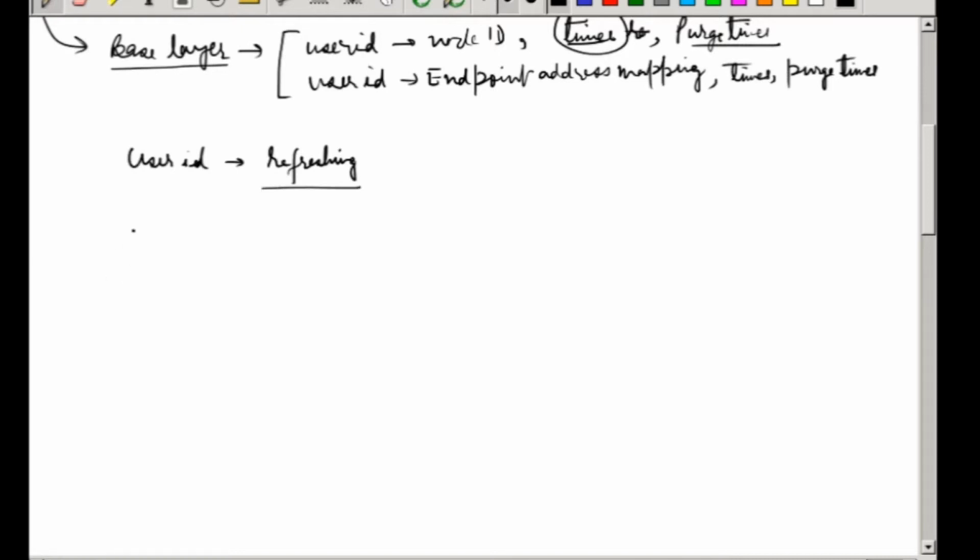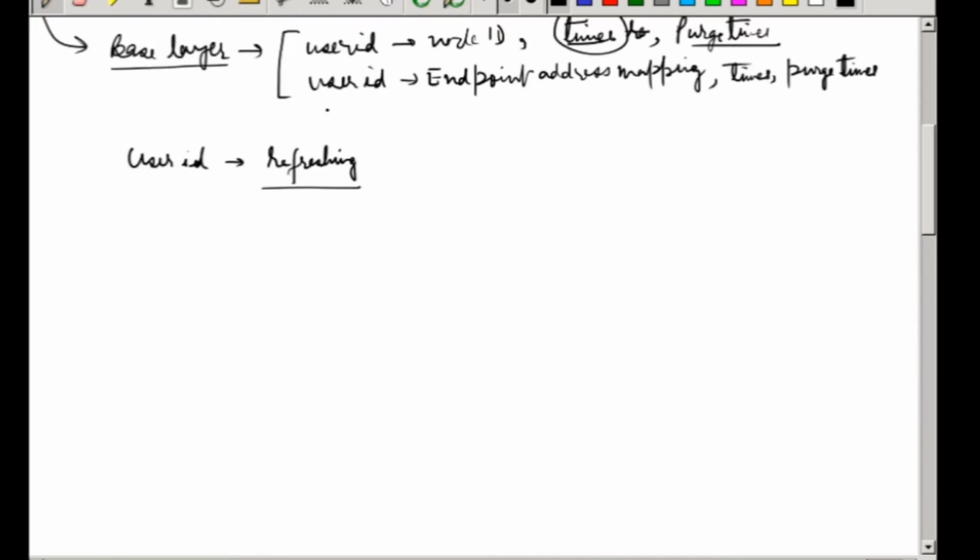Okay. So now coming to what will be the other layers, and how we will organize. So this is not good enough. This is for a voice over IP kind of thing. This may be okay. From the user ID, I will find out a node ID, and if that node is participating in the DHT, I can make a query for that node ID, and that query will terminate at the same node itself, because the user has published its own node ID. Then I can directly talk to him. Once I know, that node ID will tell the endpoint address back, and then you can communicate.